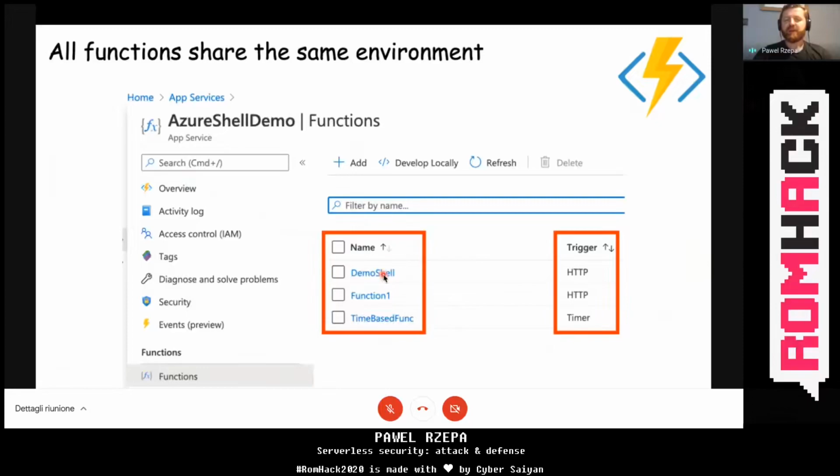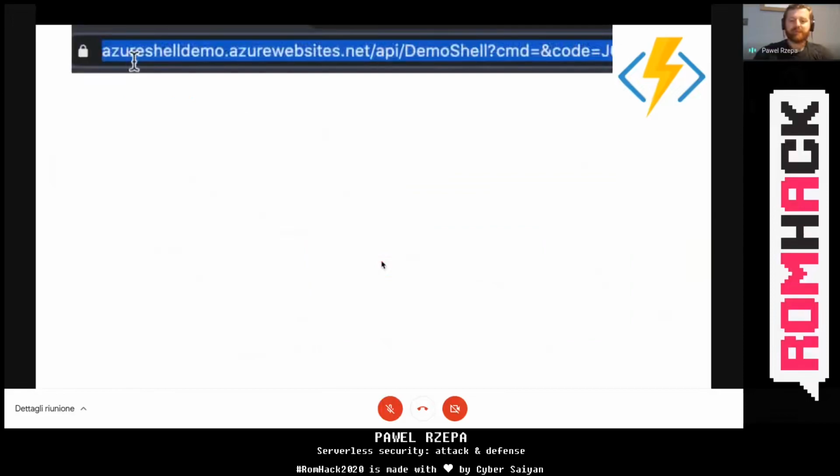But if you are able to, for example, inject code to compromise the demo shell function, then you get control over all the functions, and you get permissions to all resources in this particular resource group. Let me show it on the example.